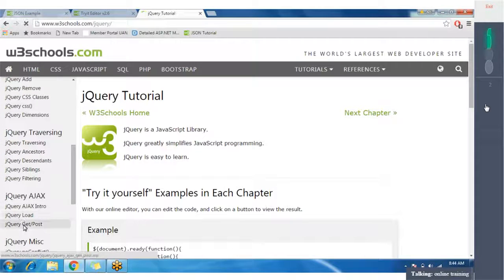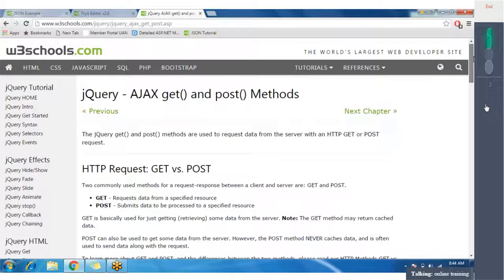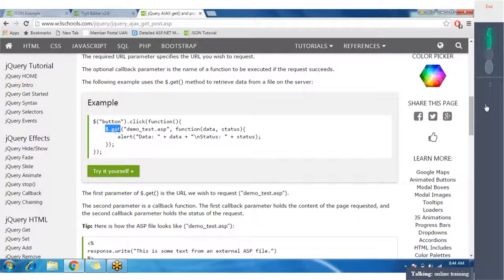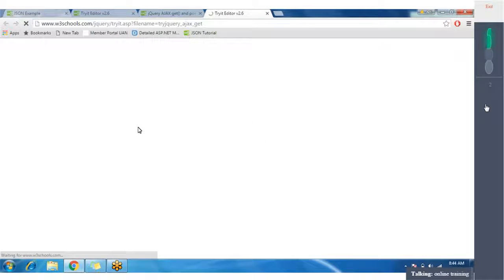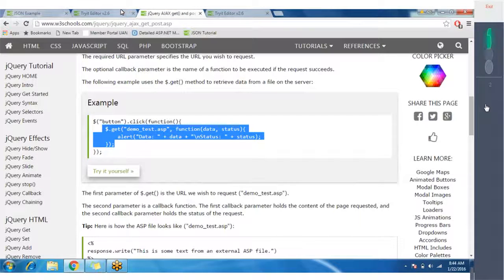Okay, so we are here with the jQuery Ajax get and post method. Here what you have to do is write the code in a single line. You have the get method, $.get. So the get method, then you have to pass the URL here. Then it will give you data in this format. This is a very simple thing. You need not write 5 lines or 10 lines of code. Very simple.